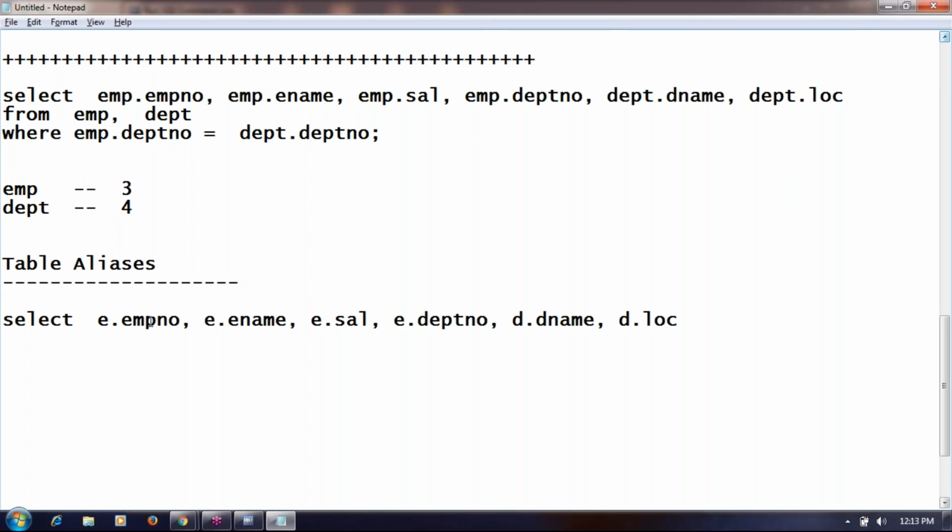By looking at this query, you can understand, Dilawar. E is referring to the employee table and D is referring to the department table. This E and D are called table aliases. Now where to create table aliases? Table aliases are created in the from clause. From employee E, comma department D. From table name, space, alias name which you are planning to create. So table aliases created in the from clause can be used in the select clause, and can also be used in the where clause: where E dot department number equal to D dot department number.